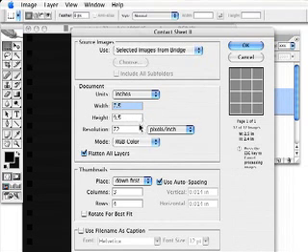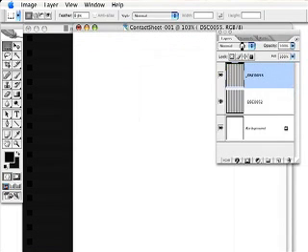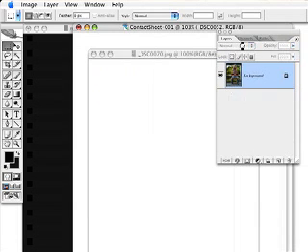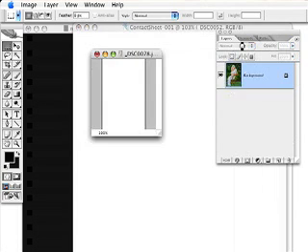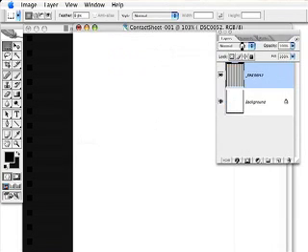So what I did, just for the sake of interest, is I created my template first at 300 pixels per inch, so I had a nice high resolution one, and then made a copy at 72. That way, depending on what I need to make with my contact sheet, I have a couple of different resolutions. So all I've got now is my two templates saved at the two different resolutions.